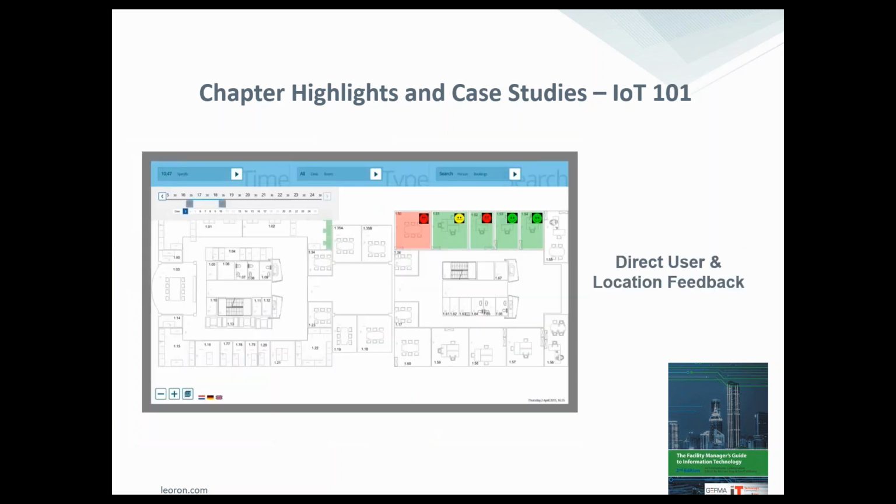There are kiosks that will help us understand where space could be available. So we walk into a building, we don't have a space reserved for the day, and the kiosk will help us understand where we want to go. So that's one opportunity. The other that I've seen based on that demand side is heat maps generated